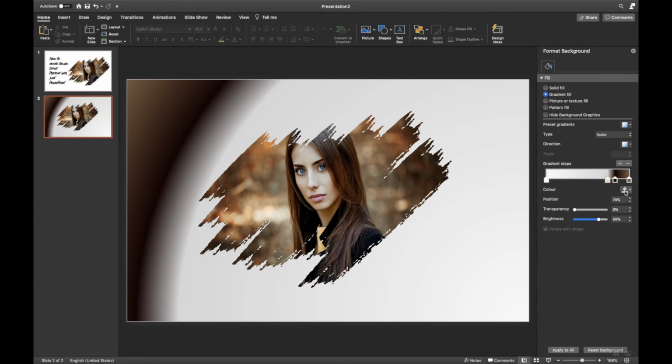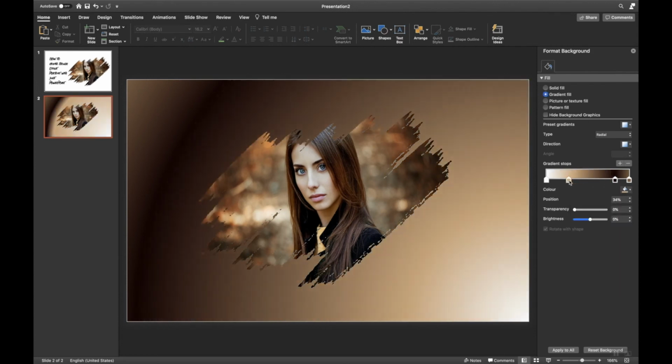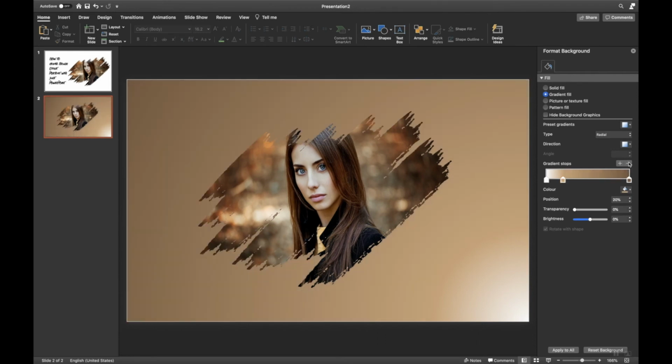Now for this one, I'll be using a light color. Now for this, if you want, you can delete it also. Select this, click here, and you can see the extra effect is getting deleted. Now if you want, you can do some experiments and it will give you the kind of effect which you are looking for. I think this looks good.